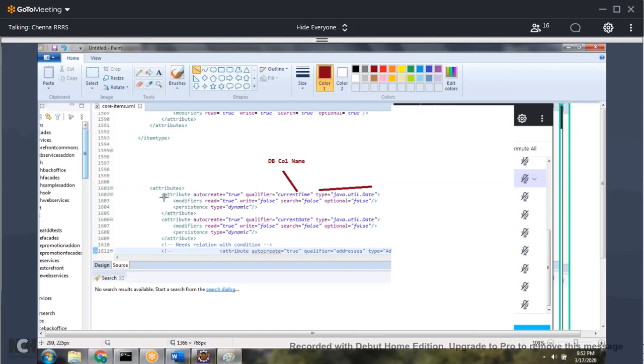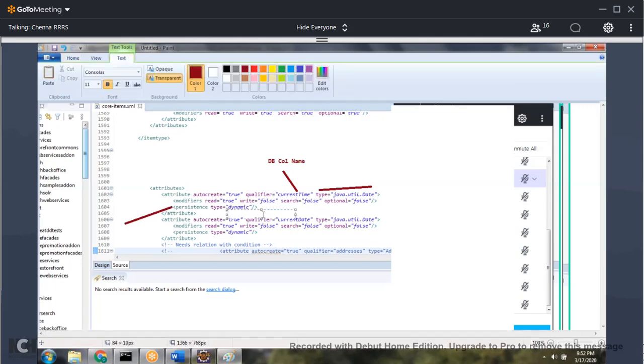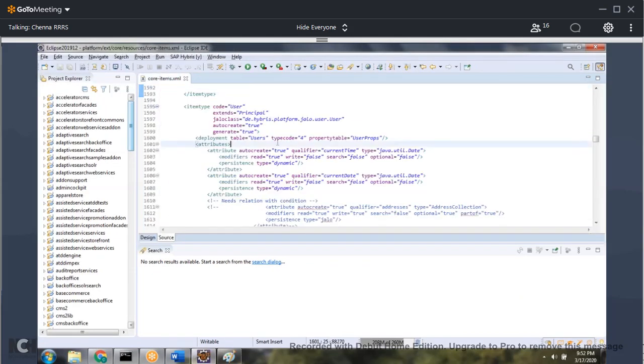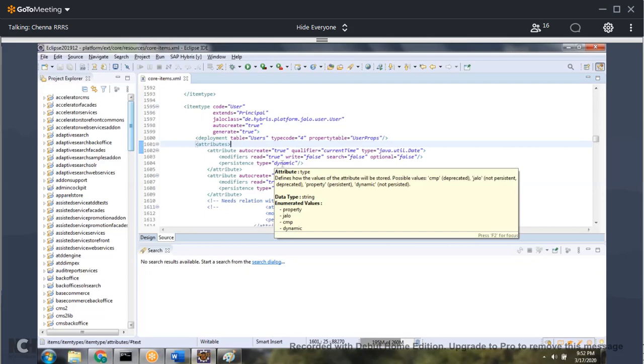Next, after creating the attribute, you can see we are specifying something called persistence. Persistence can be dynamic, or it can be a property.